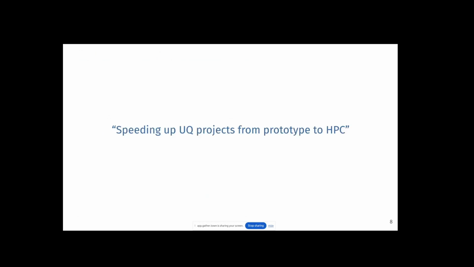So that was just an introduction to the multi-fidelity side of things. Next, I'm going to talk about this connection through UM-Bridge. And this is a sentence, I think, either from the workshop website or the UM-Bridge website. It's speeding up UQ projects from prototype to HPC, which is exactly how we've managed to use it in our